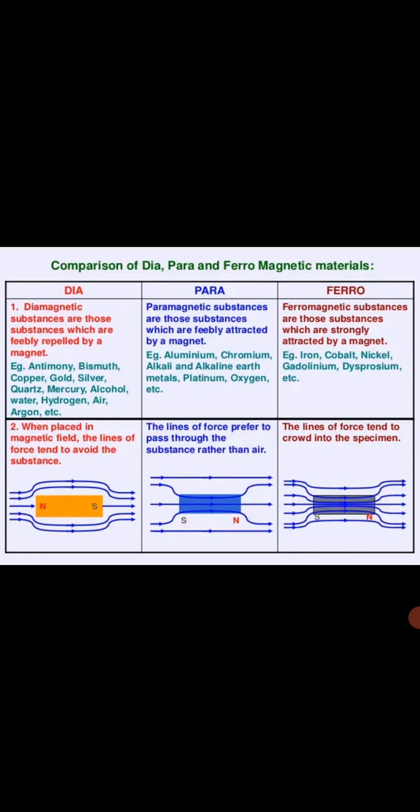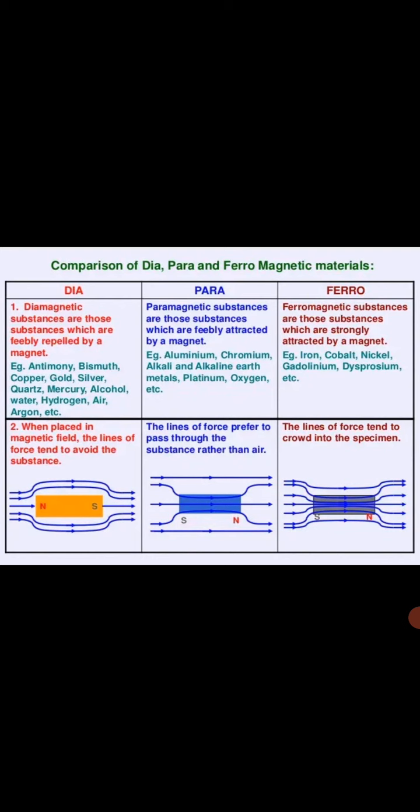Now the third type of material is what? That is the ferromagnetic substances. Ferromagnetic substances are those which develop strong magnetization in the direction of the magnetizing field, and they are strongly attracted by the magnet and tend to move from weaker to stronger part of the magnetic field. Very common examples: iron, cobalt, nickel, and alloys like alnico. Iron is a ferromagnetic substance.